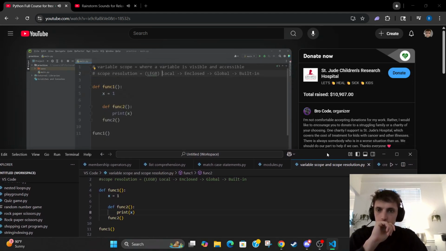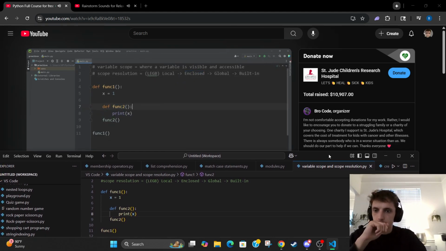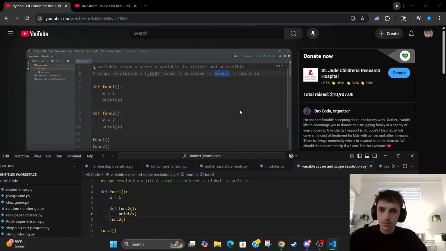There's an order of operations. Use any local variables first, then enclosed variables. We're printing X within function 2. Since X wasn't found within the local scope, we would use X within the enclosed scope. But like I said, that's a more advanced topic. You should at least be aware of it. Let's move on to the global scope. Global meaning